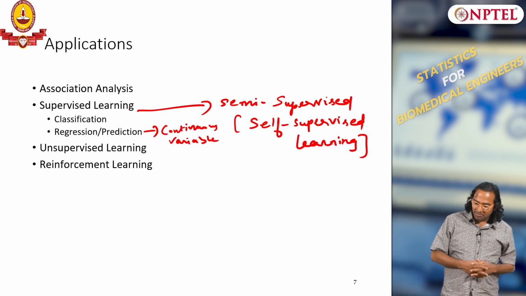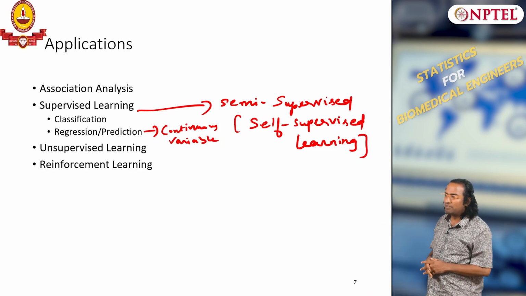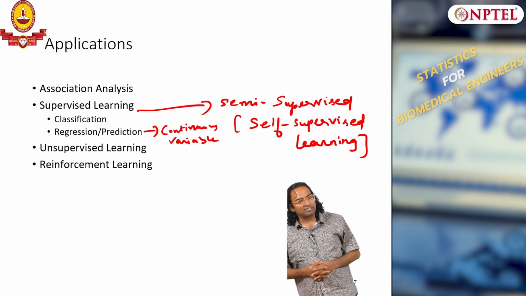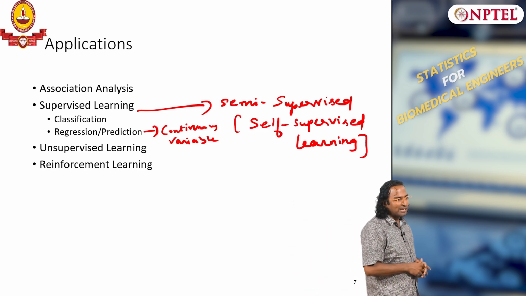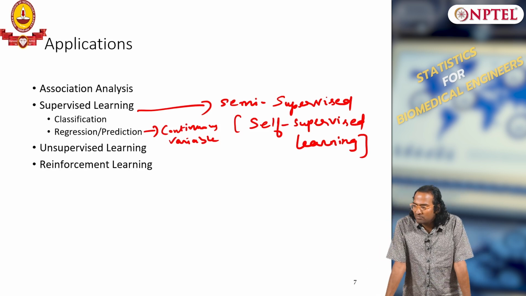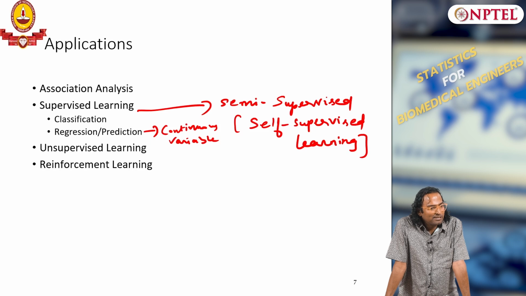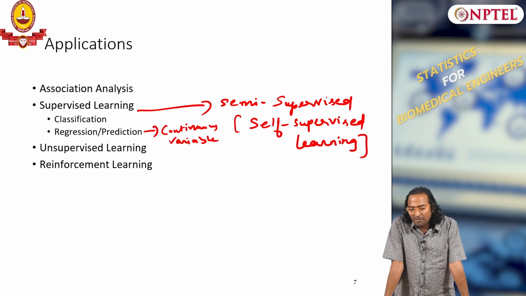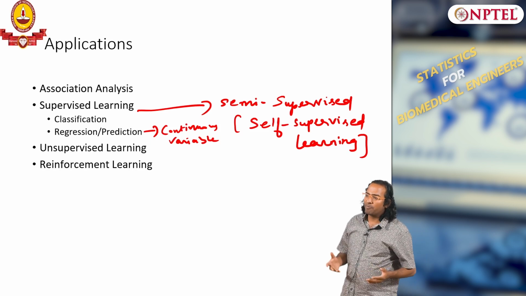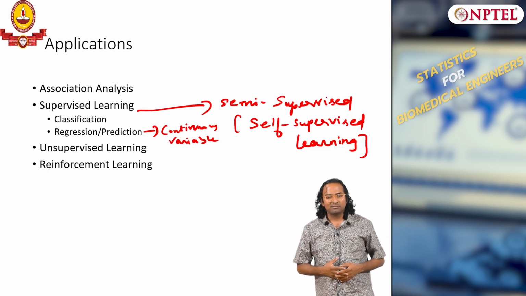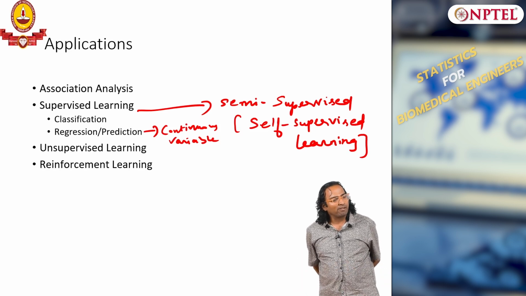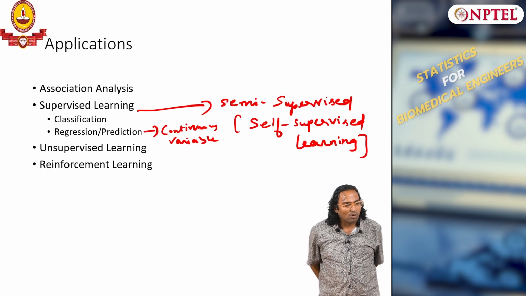And today something very popular is called semi-supervised learning, which combines both unsupervised and supervised learning. A simple example in biomedical is again coming back to the radiologist. Suppose I want to develop an algorithm for automatically detecting cancers. Let us say breast cancer is one where a lot of effort has gone in. So I want mammography to be automated. Now if I want that, who should develop the training data set? Who should give the ground truth answers?